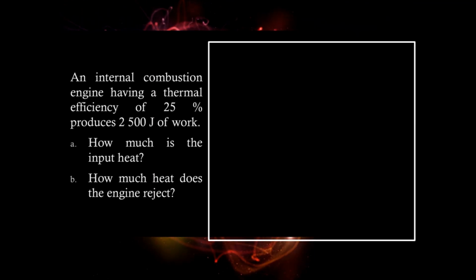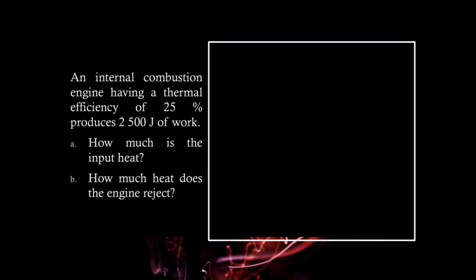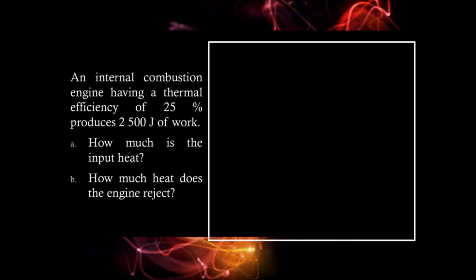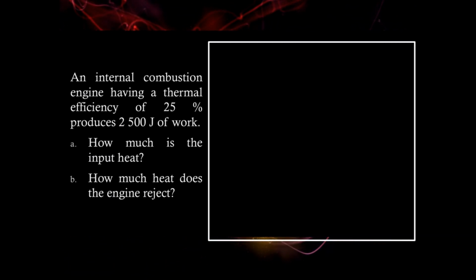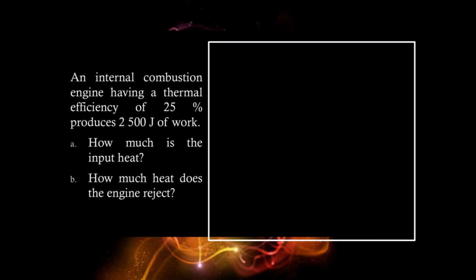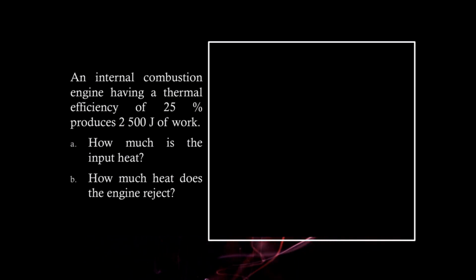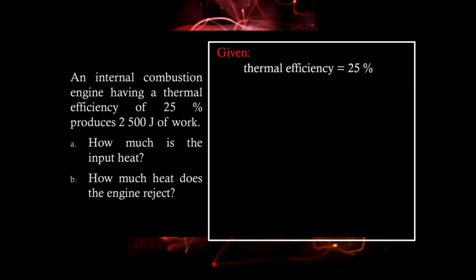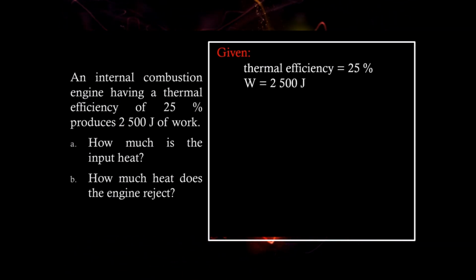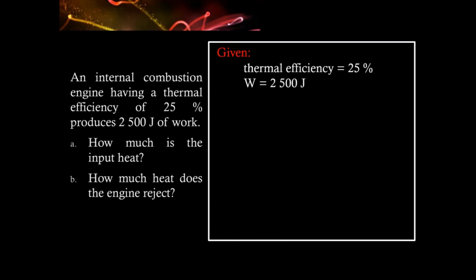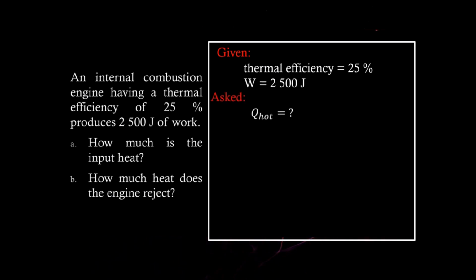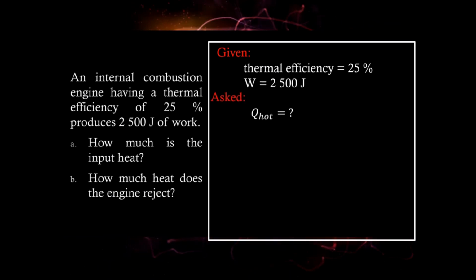Sample problem: an internal combustion engine having a thermal efficiency of 25% produces 2,500 joules of work. How much is the input heat and how much heat does the engine reject? Let's solve first the first question. And again, we will use the GAPSA method. So the given here are thermal efficiency, which is 25%, and the work output, which is 2,500 joules. We are asked of how much is the input heat, or in other words, we are looking for the Q hot. The formula that we're going to use